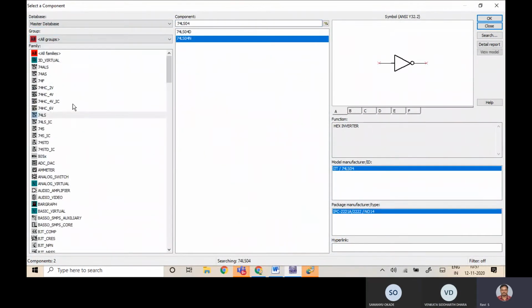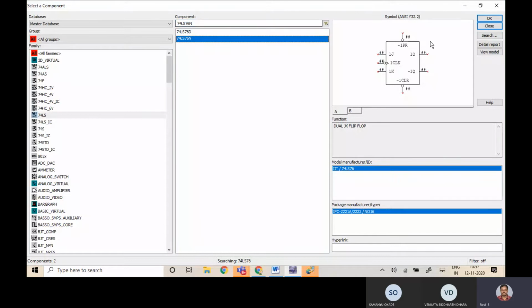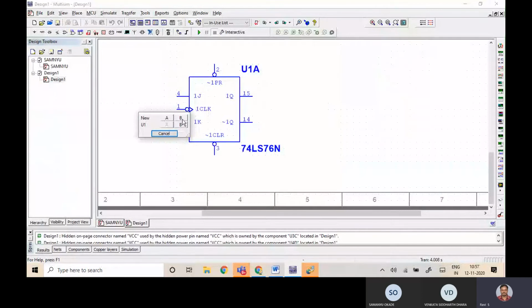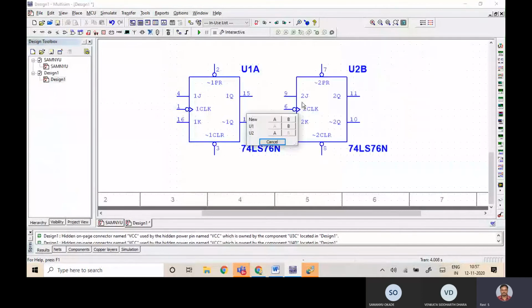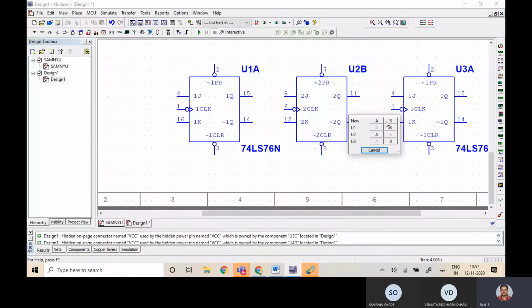Again, you have to go to the 74LS series. There you type 76. So 76N is a JK flip-flop. So I'm using one JK, and then a second JK, and then one more, a third JK. Right now, let me take one more out. So what is there in that?